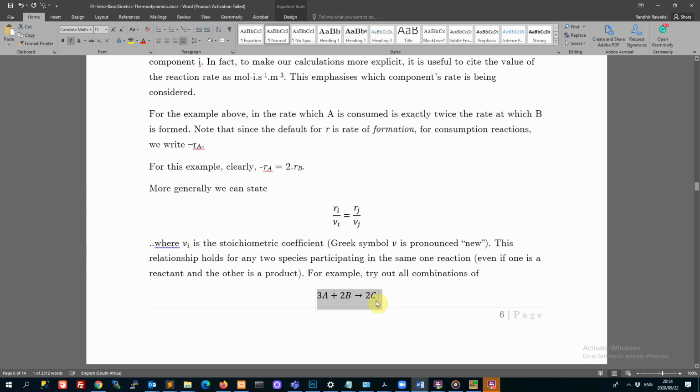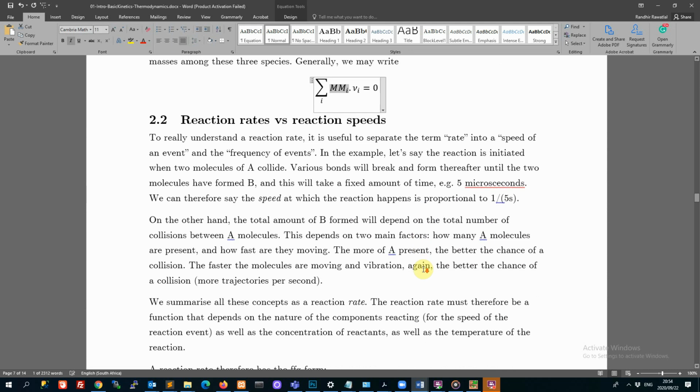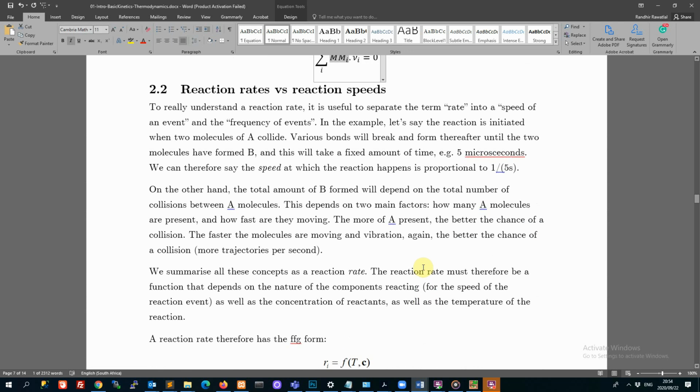So let's say component A had a molar mass of 1 and component B had a molar mass of 1, so that's 5. That necessarily means the molar mass of C is 2.5 kilograms per mole. So the mass must strictly be preserved, and that puts certain constraints on what the molar masses can possibly be. Okay, so that's very basic. All this is probably high school chemistry. But anyway,